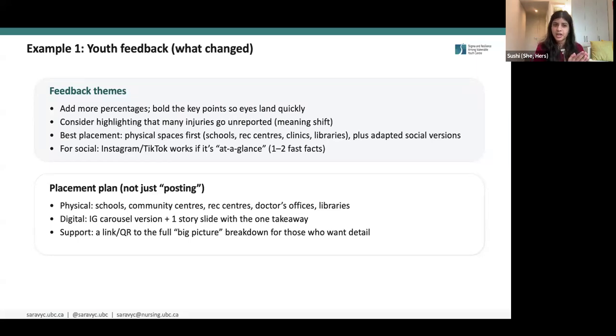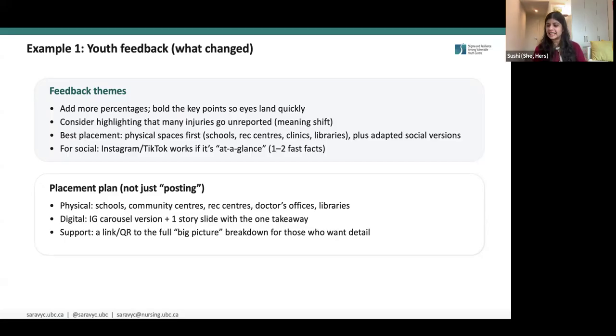The feedback that we got was take out the cubes and just show us the percentages, bold the key points so our eyes land quickly on it, and consider highlighting a message that we skipped, which was many injuries go unreported. So it shifts the meaning of our infographic a little bit. Then we asked them, what's the best placement for this infographic?